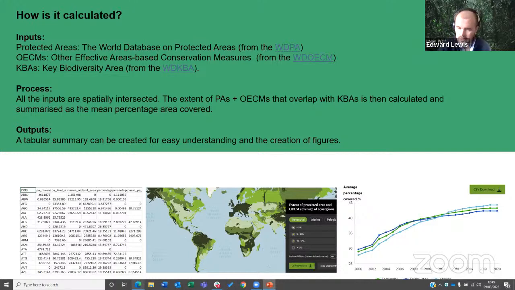At the most basic, you'll have a table like here on the left, which will just be, for example, a country shown there, or you can use it in maps. Here we actually show a different disaggregation. We show ecoregions, and you can categorize each individual ecoregion based on how much coverage there is. Or here on the right, we show key biodiversity areas over time in a graphical format of the mean percentage coverage since 2000. And we split that by ecosystem type, so terrestrial, freshwater, and marine. So this is a very quick overview of the outputs that you can work with and the things you can embed in any national reporting or subnational reporting you might do.